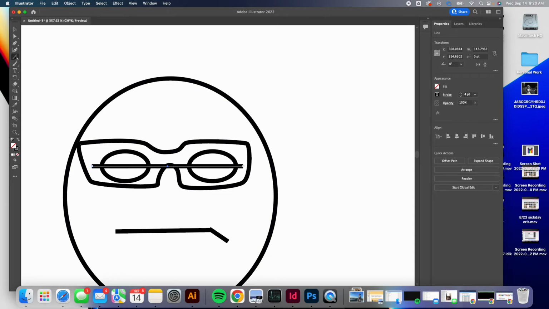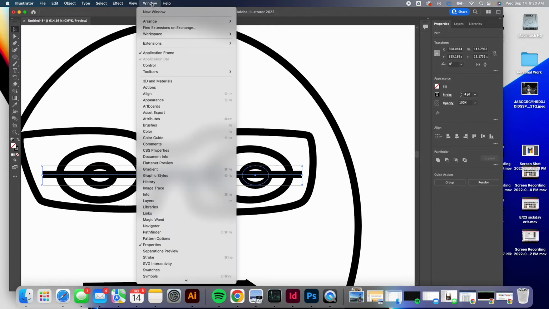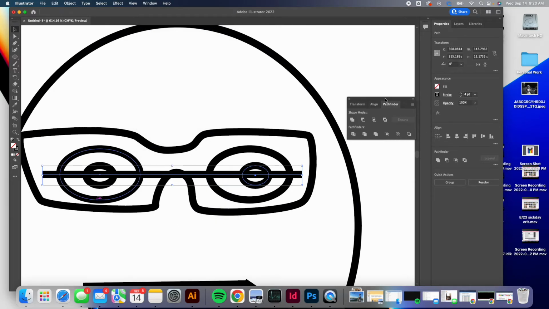Ooh, and I'll show one more super useful tool. I want this circle to be cut in half by this line. So if I select that circle and that line, I'm going to go over here to Pathfinder. If you do not see a window that you're looking for, like Pathfinder, you can just go Window and turn on the window, and it'll pop up. Here's Pathfinder. I think the simplest is just to click this one right here, Divide, and it cuts everything in